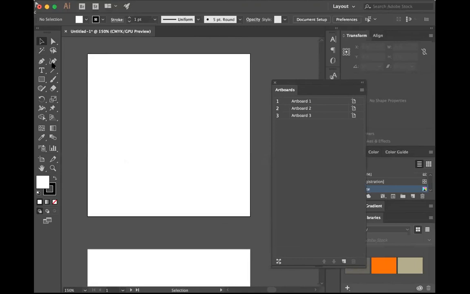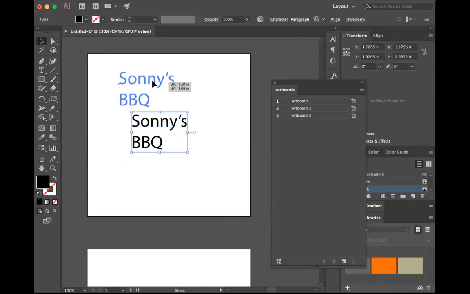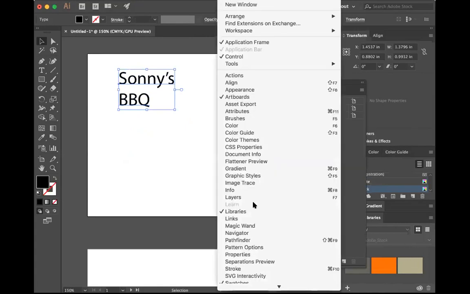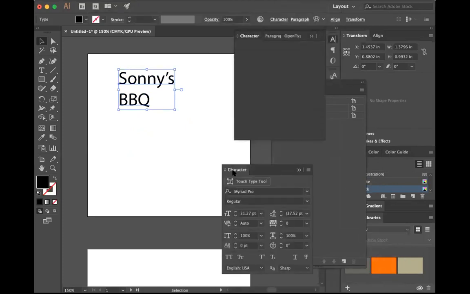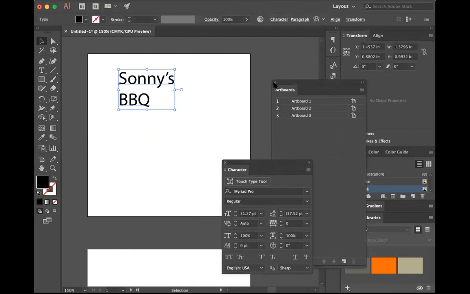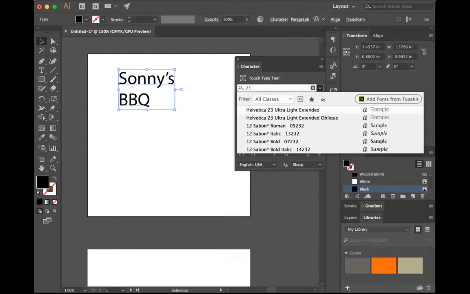All right, so now I would take your type tool and just type out the name. And then I would try different typefaces that you think would work well with this. Oops, sorry, I just accidentally hit that button. Bring up your character panel. Get rid of these. Was it 23 days?